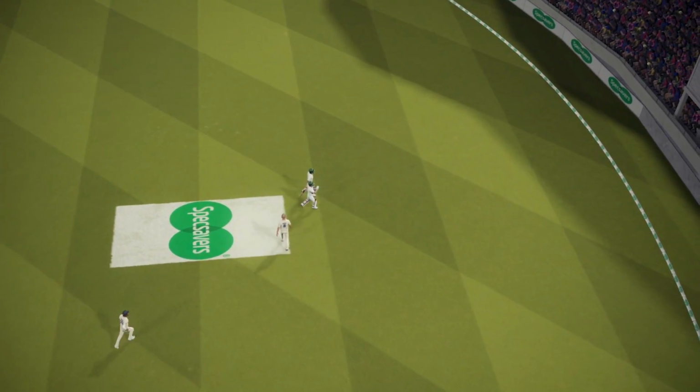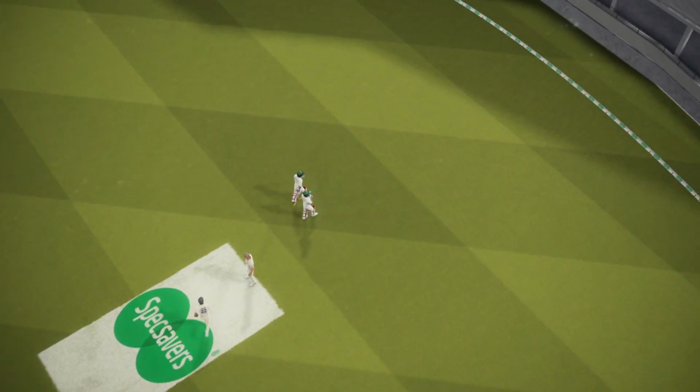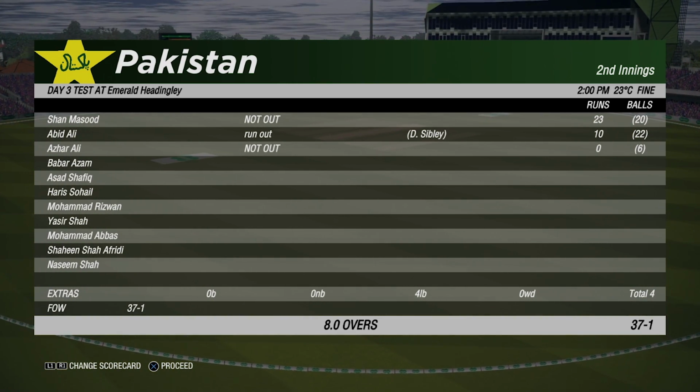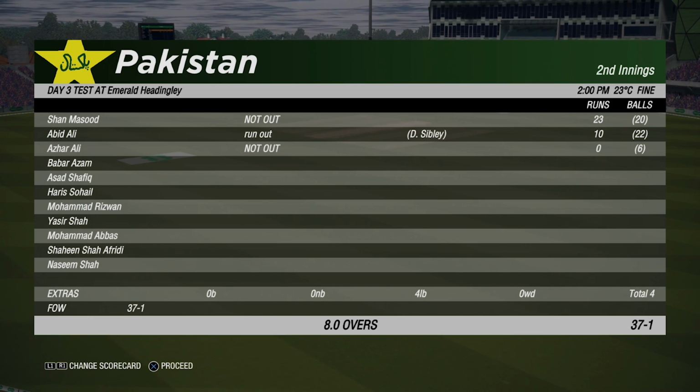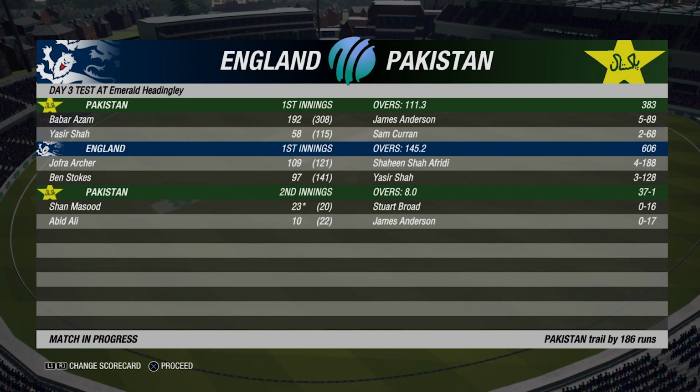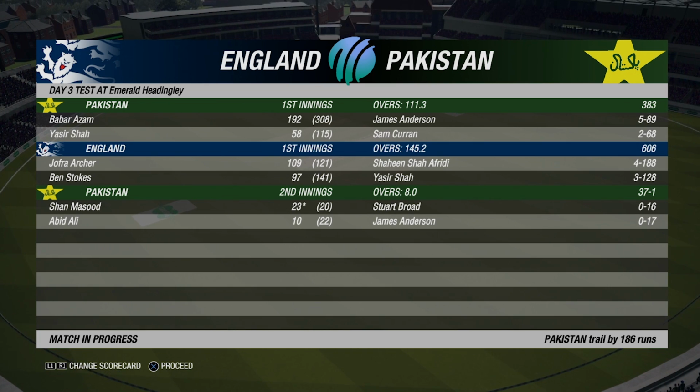But the day really belonged to England and Jofra Archer with a magnificent 100. England in a commanding position. Pakistan lost their first wicket through a run out there. It was Abid Ali out for 10. England still lead it by 186 runs after a magnificent 109 run